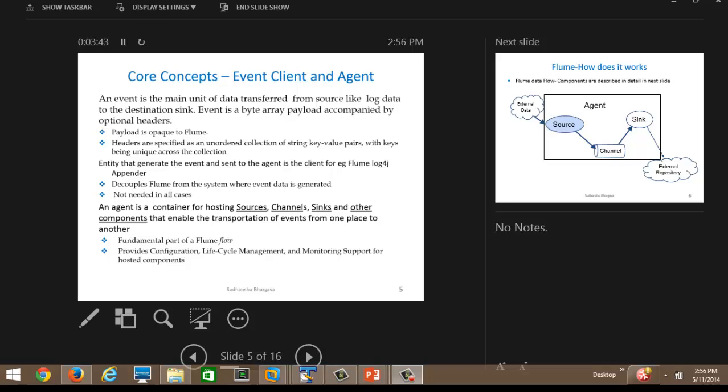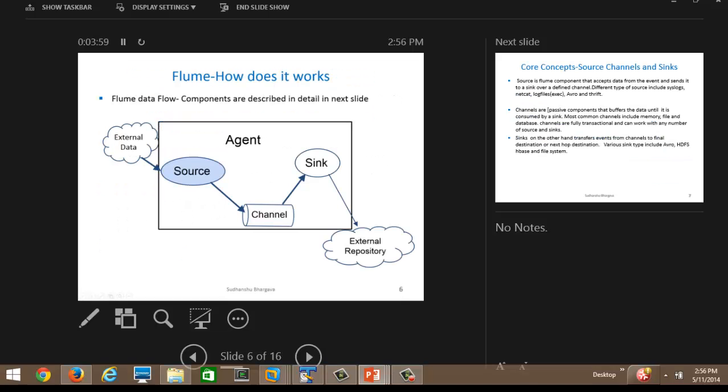Flume is a distributed, reliable, and available service used to collect, aggregate, and move large amounts of streaming event data from many sources to a central data store. This diagram represents a typical Flume implementation. Flume has three main components: the event, the client, and the